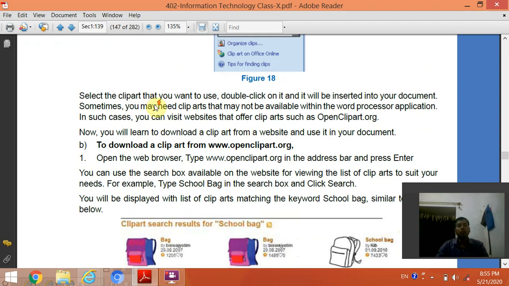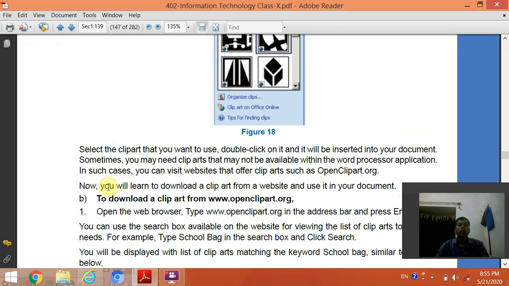Next, select the clip art that you want to use, double click on it and it will be inserted into your document. जैसे आप इस पर क्लिक करेंगे या राइट क्लिक then select insert, it will be inserted in your document.